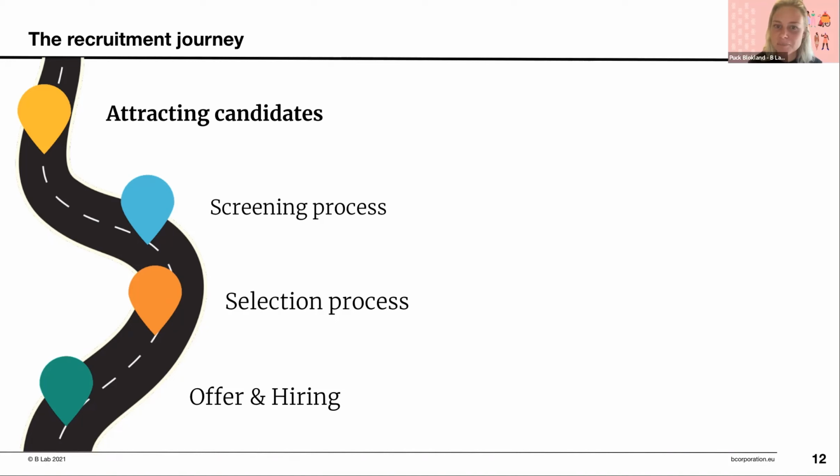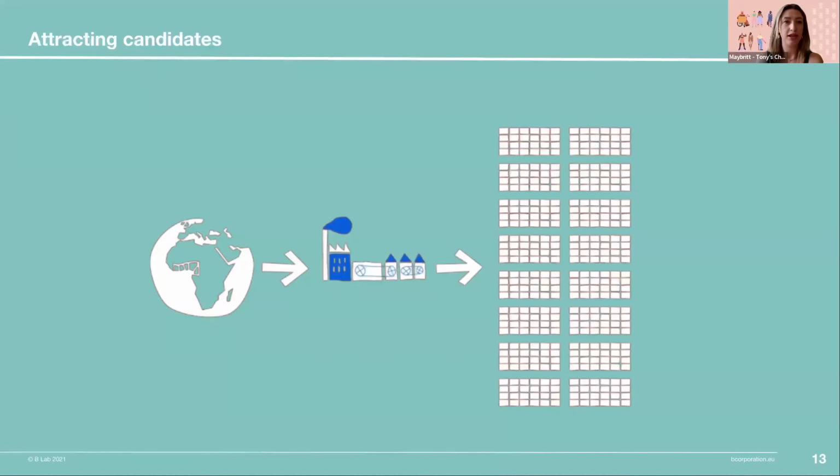Maybritt, you can tell me what Tony's approach is to be more diverse and inclusive within this process step? Yeah, sure. But before I do that, let me quickly share a bit about what we're doing at Tony's. Puck already gave a glimpse of this, but